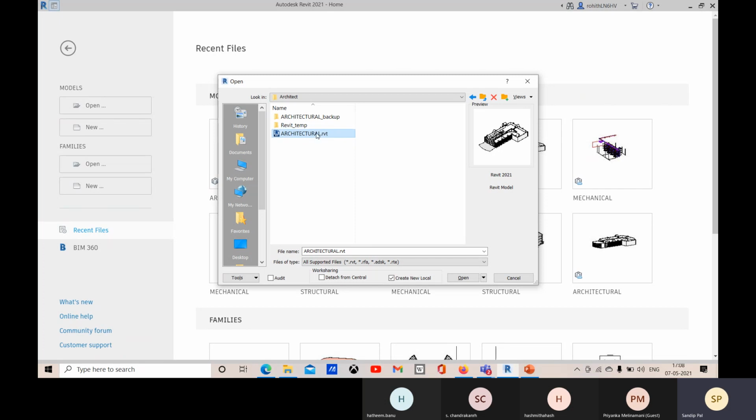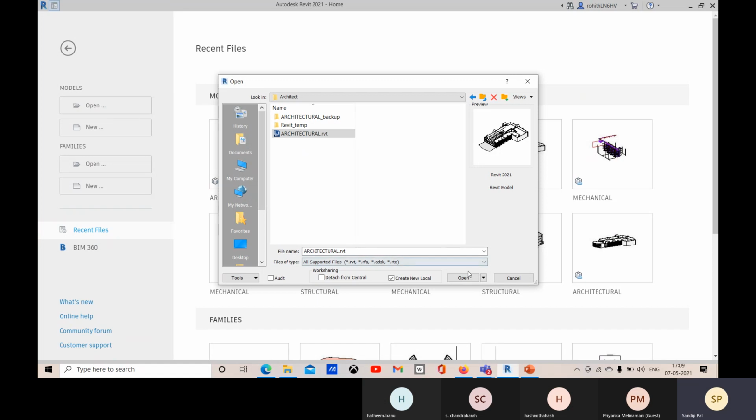This is already loaded there, and you select it. This is the central file right now. Check this option, create new local, and one local file will be opened up here. This is how you have to do it.